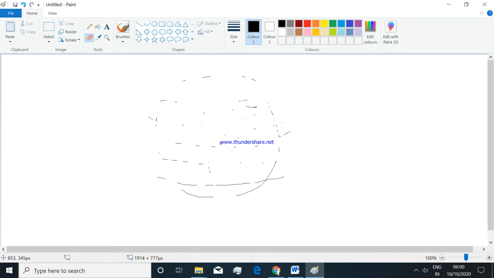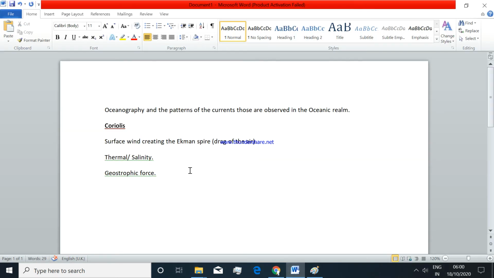Those spiral patterns are known as Ekman spirals because of the interaction between, suppose, the velocity of the air as well as the Coriolis force, and the equation